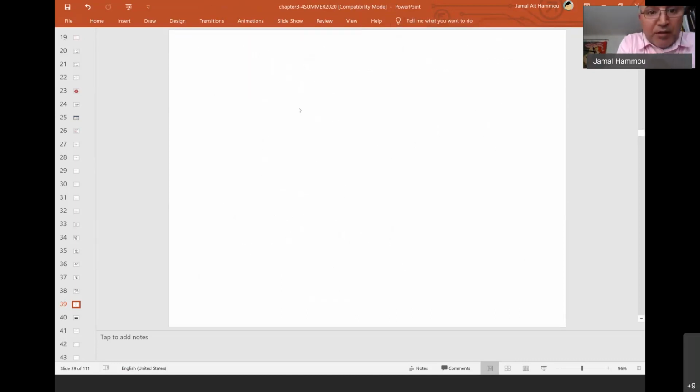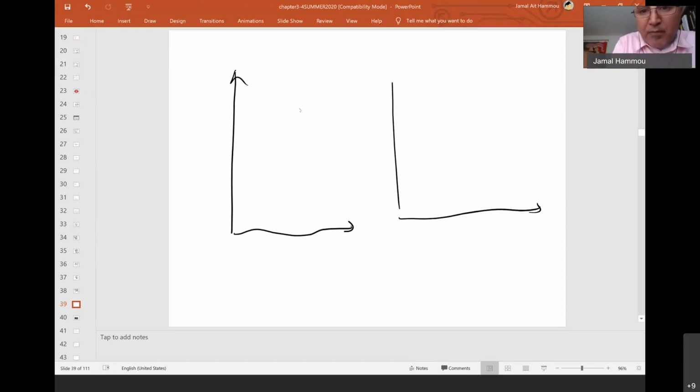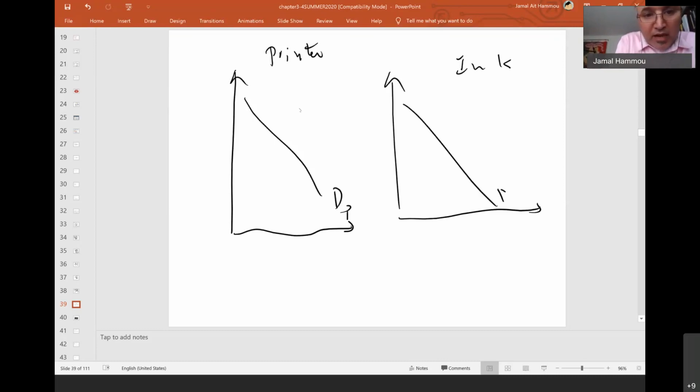So with complements, if you want to be good at this stuff, always build graphs and come up with examples. If I'm talking about complements, I know they go together. I can put printer and ink. I will use some common sense. So the demand for printer, the demand for ink. So I will start from here. This is like the printer is